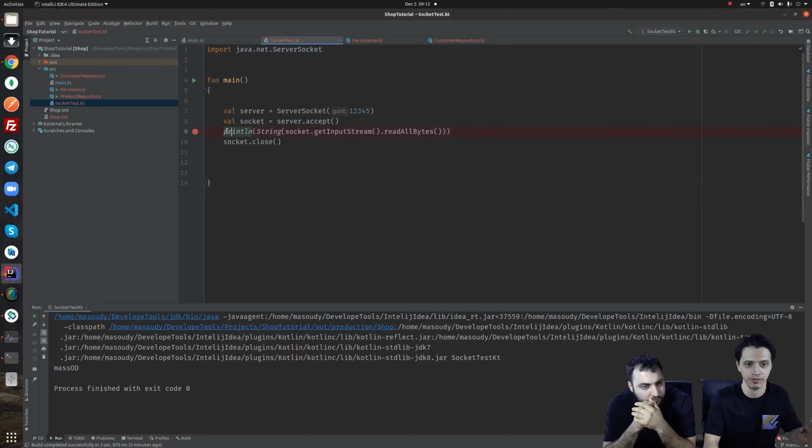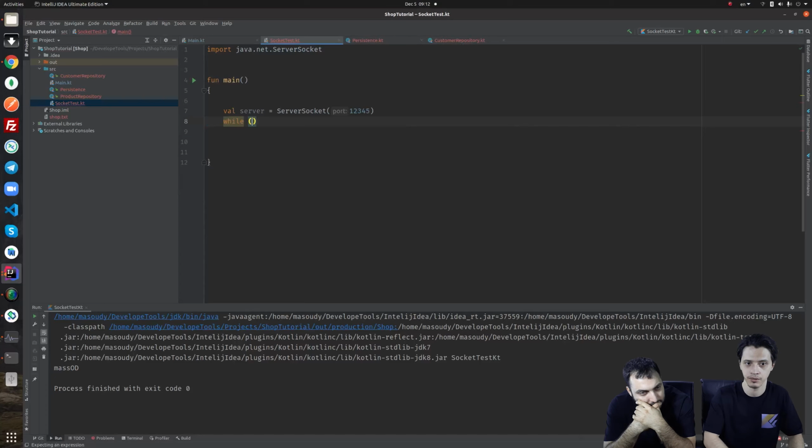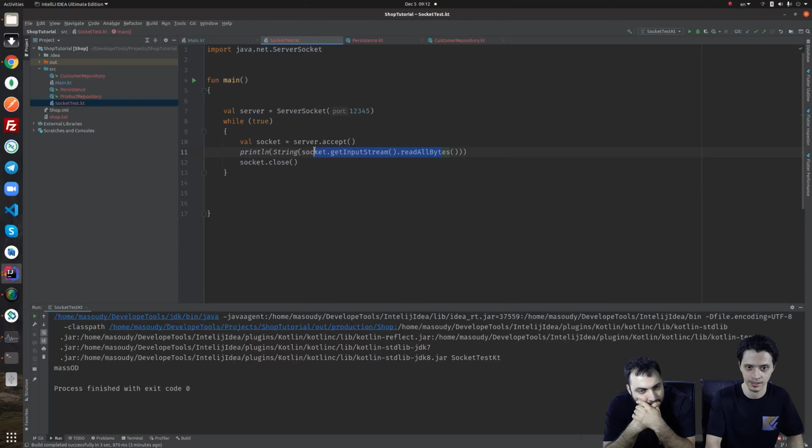And let's make it some more fun. Let me just put these three lines inside a while loop. While true: stop here, block until someone connects, get everything that the socket is trying to send us, print it, and then close. If I run it again,